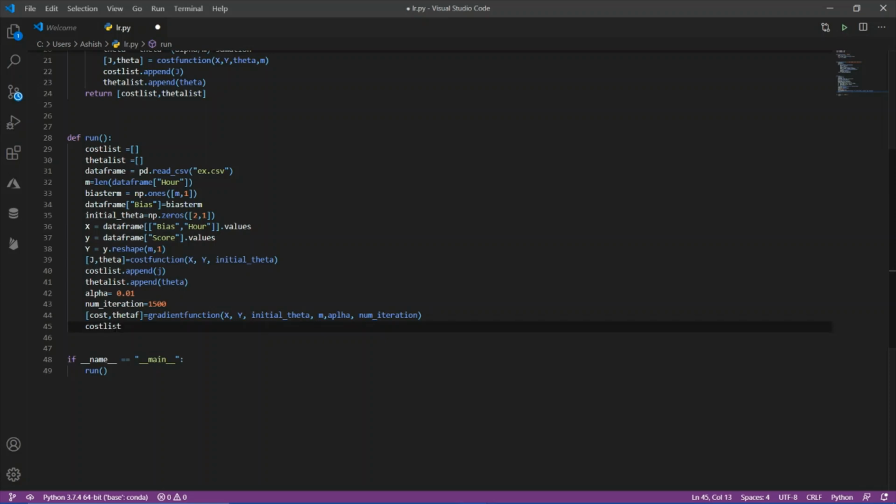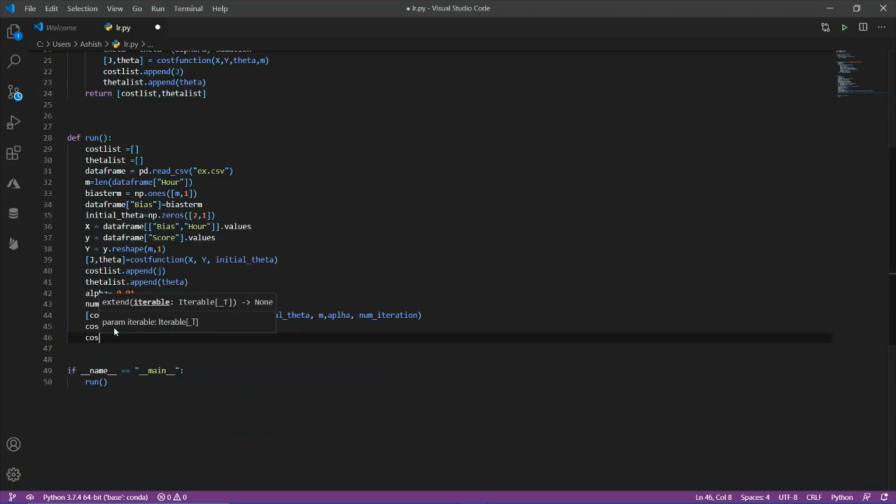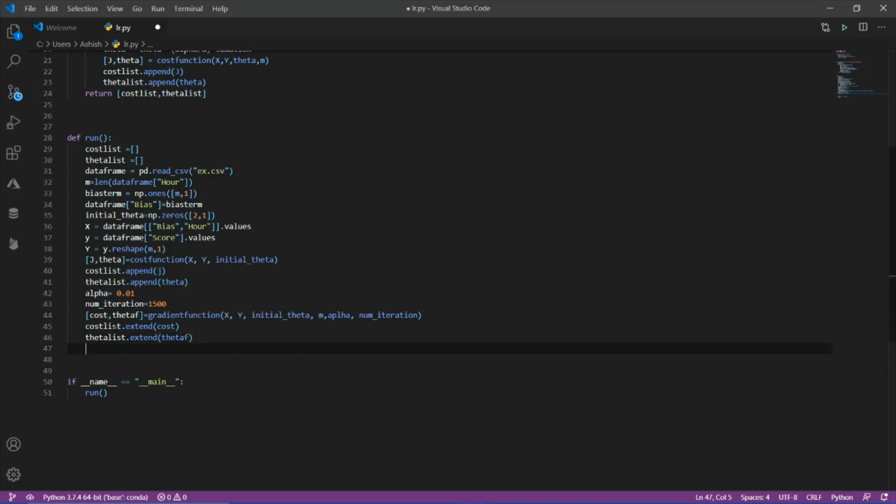Cost list dot extend cost, and then theta list dot extend theta f. Okay, I hope you got the whole idea.